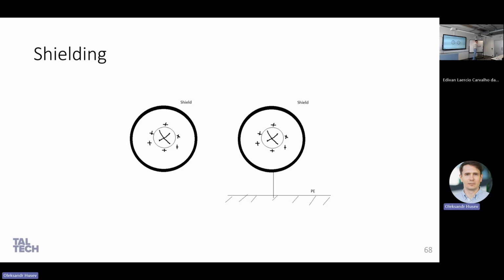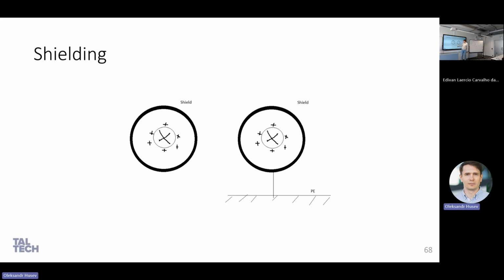Charges just distribute. You have minus plus, minus plus. You will not have electric field inside, otherwise you would have a current, because it's a conduction element. But if I apply Gauss' law to define the electric field outside, the total charge is still defined by this and has not changed. It means the electric field is not eliminated outside,